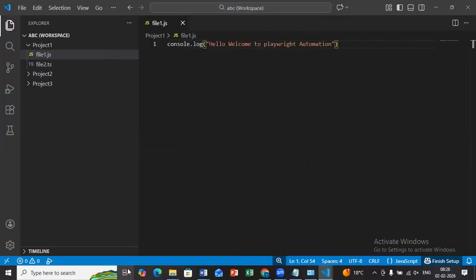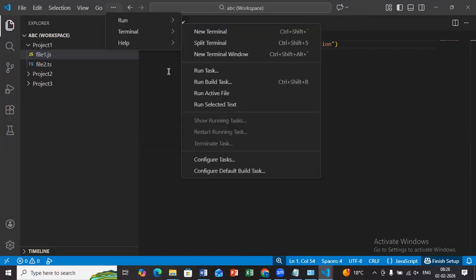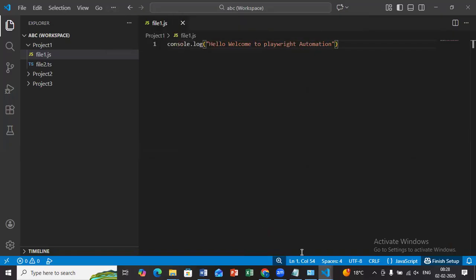Hey, what happened? We have to see always the terminal. Yeah, we can run through terminal. Always terminal only. We can run here also, but earlier it has run, right? Yeah, fine. Anyhow, it's working. See here, everyone understood, right? Creating the workspaces, creating the folder projects, and creating the files, JavaScript and TypeScript, running through